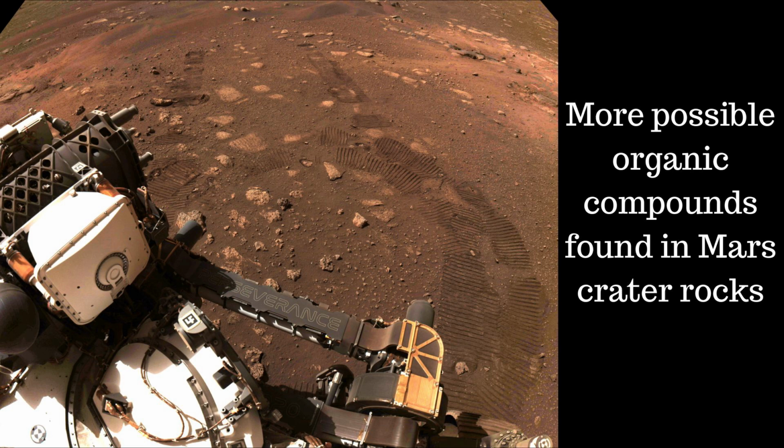SHERLOC stands for Scanning Habitable Environments with Raman and Luminescence for Organics and Chemicals instrument. Mounted on the rover's robotic arm, SHERLOC is equipped with a number of tools, including a Raman spectrometer that uses a specific type of luminescence to search for organic compounds. It can also see how they are distributed in a material, providing insights into how they were preserved at